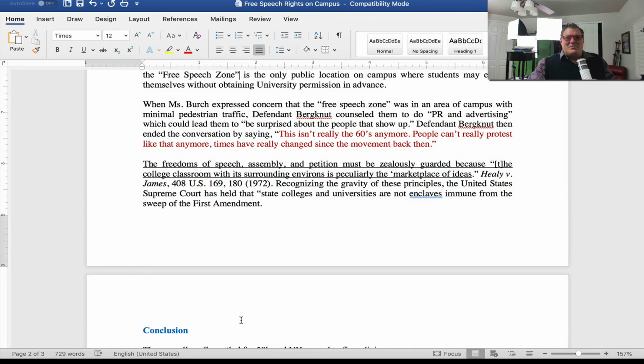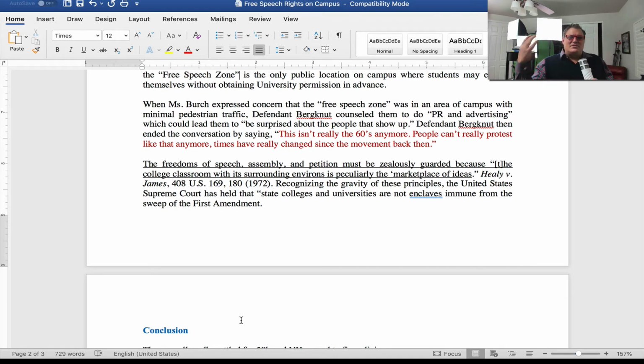So we have here when Miss Burch expressed concern about the free speech zone having minimal pedestrian traffic, they were told do some PR and advertising. You might be surprised at the amount of people that show up, they were told. This really isn't the 60s anymore. People can't really protest like that anymore. Times have really changed since the movement back then. So this whole concept that you can't have free speech and engage in conversation on the college campuses,